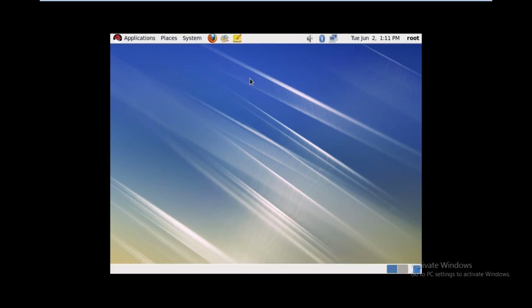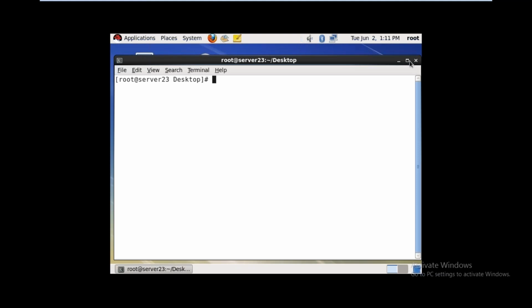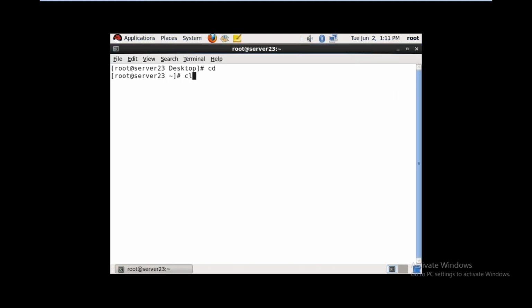How is this possible? Because in the background the system will automatically run control script files. Each run level has its own script files. The run control script files location is: go to cd /etc/rc.d and give the command ls.